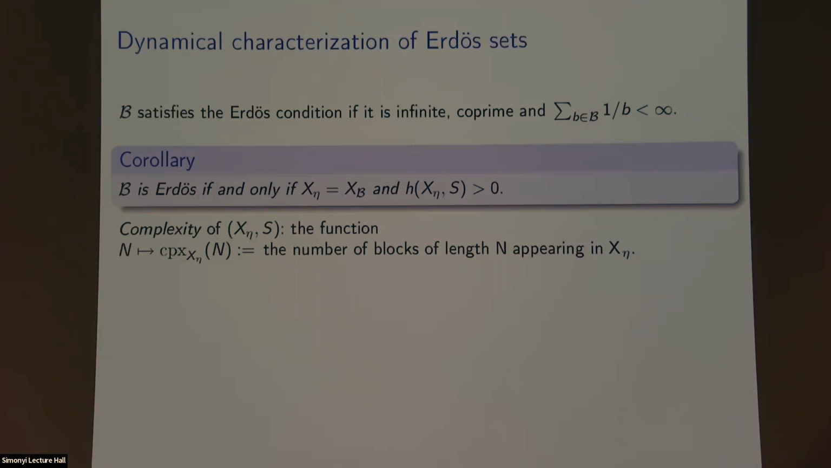I think about topological entropy in terms of complexity. Let me define the notion. The complexity of this B-free shift is the function associating to a number n the number of blocks of length n that appear somewhere in this eta or x eta. And then topological entropy can be defined as the limit of the logarithm of complexity divided by